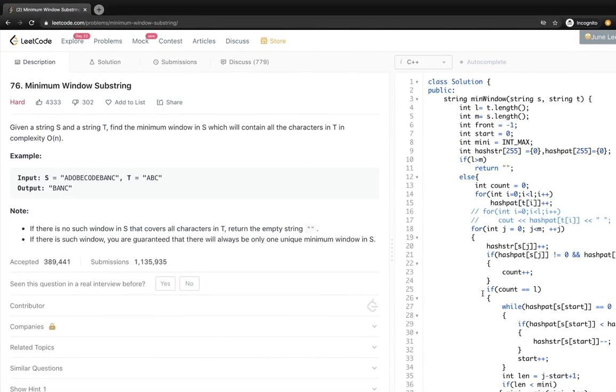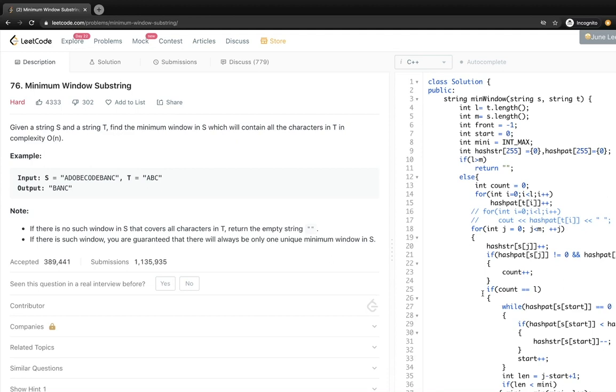So, today we're going to discuss this LeetCode hard problem, LeetCode 76, Minimum Window Substring. Again, this question is an interview problem and it's also present on various other platforms like GeeksforGeeks and InterviewBit. You can go and try to solve it there also. But why I'm doing it on LeetCode is that LeetCode has the best test cases, right? So, without wasting any time, let's jump right into the problem.